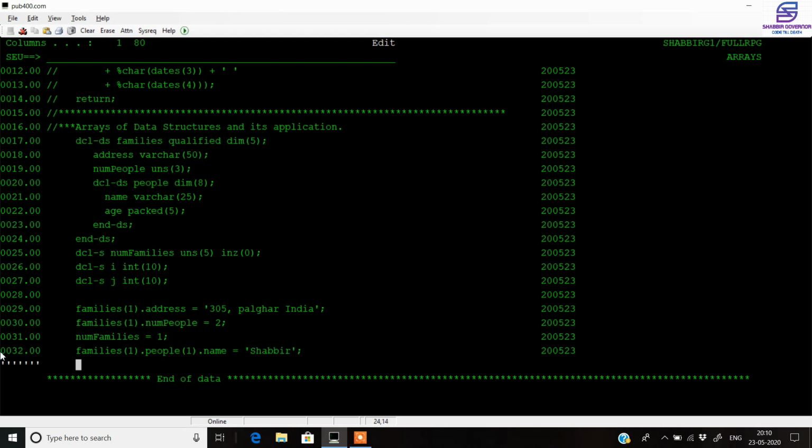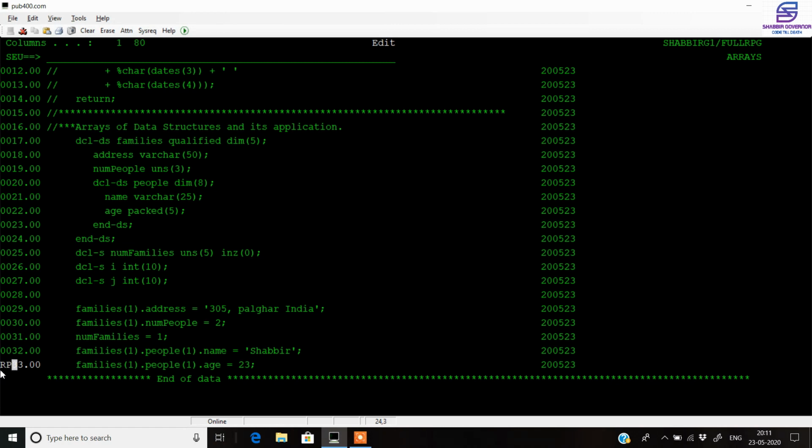Now we do the same thing with the age. So I write rp here, and now we set the age of the family member, my age. Now we repeat this same thing for the second family member inside the same family.